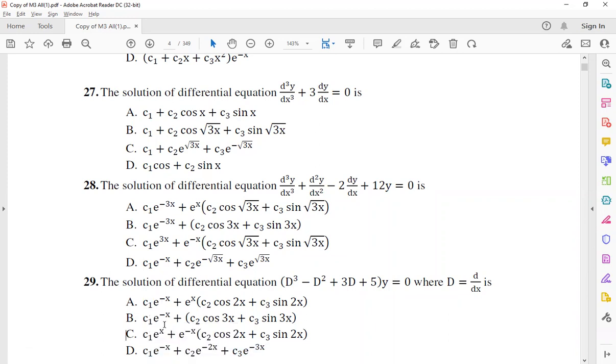First two. e raised to minus 1 plus minus 2i you said, right? So e raised to alpha x, alpha is 1, so correct is A. If alpha is 0, then we can think for this, but alpha is 1, so this one is correct. A.